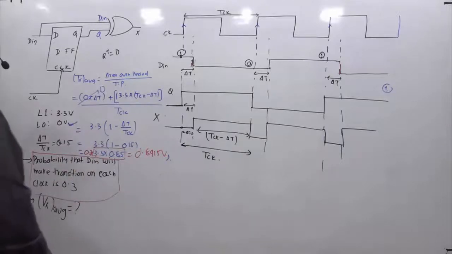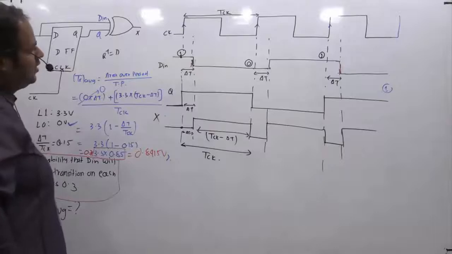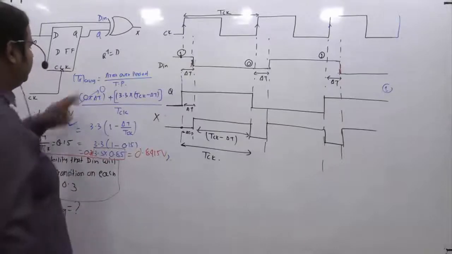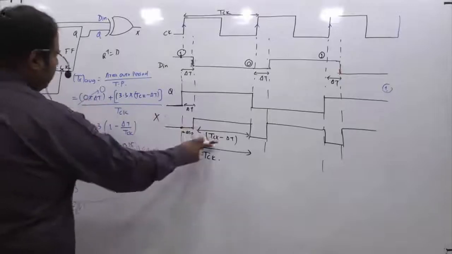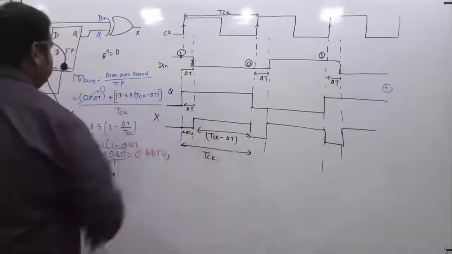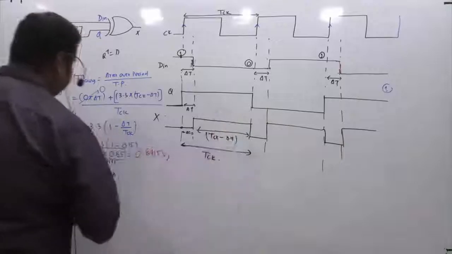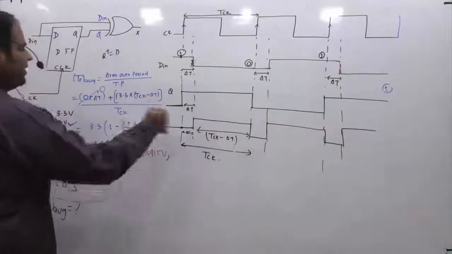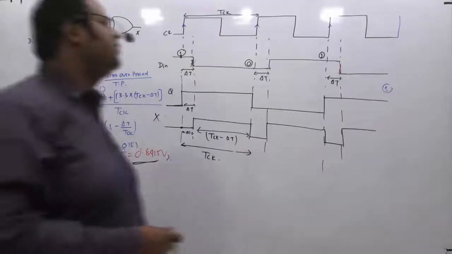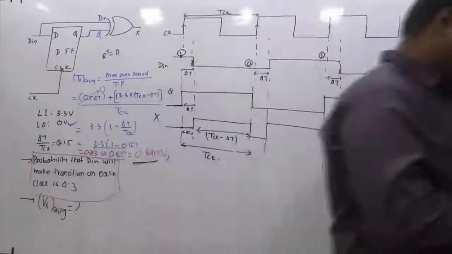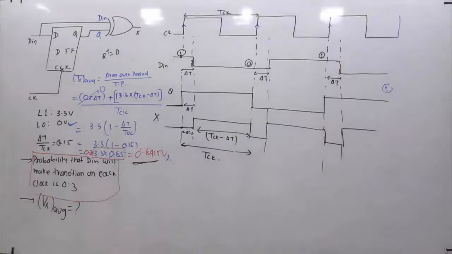Then what will I get if I ask you to find the corresponding average? Again the same thing, because from these segments you are again going to get this, and from these segments, this width multiplied by 3.3 divided by the time period, again T clock. So again the same thing, and the probability of this is 0.3. The answer is 0.8415. Okay, so this is a bit of a logical and good question. Not every student will answer this. Okay, so the answer is 0.8415 for this.